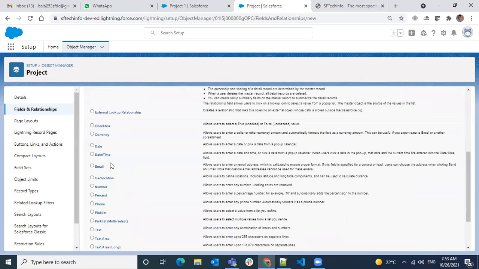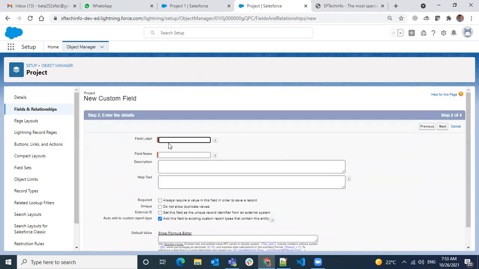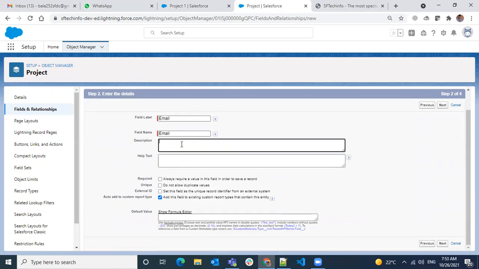Then we have an email field. I'm doing it fast. Why? Because all of these are straightforward fields.